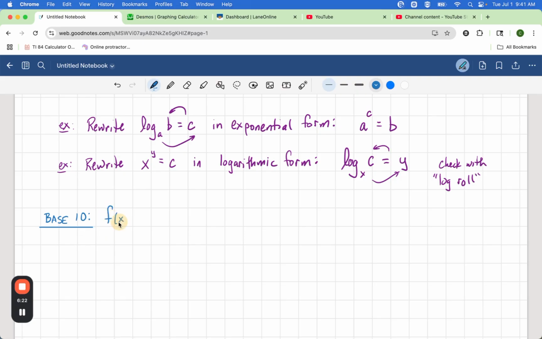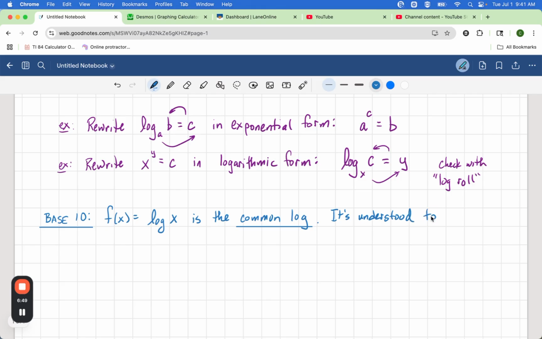If you have f of x equals log of x, you're like, hold the phone, dude, I don't see a base on that. You're right, there is no base on it. It's kind of like a square root. You don't see a 2 in the little elbow of the radical sign, right? Same thing here. Log of x is the common log. It's understood